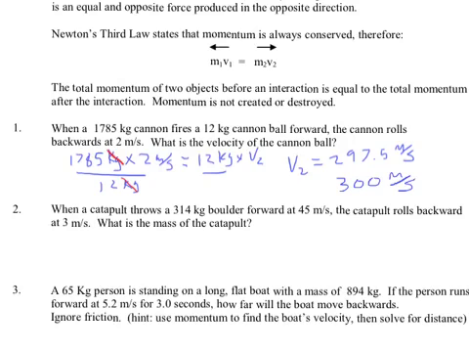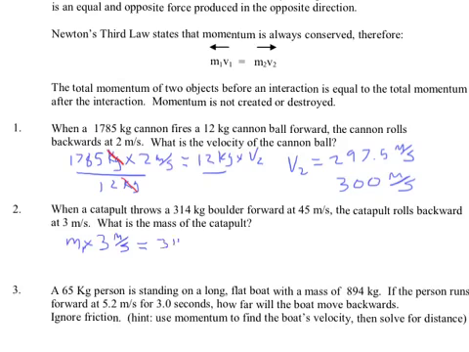Let's try number 2. Okay, again, I'm going to make the catapult object 1, and I'm going to make the boulder that it throws M2. So what I've got here is this. I don't know what M1 is. That's what I'm trying to find. What is the mass of the catapult? I'm making that M1. So I'm going to say M1 times the velocity of the catapult, which is right here, it's 3 meters per second, equals the mass of the boulder, which